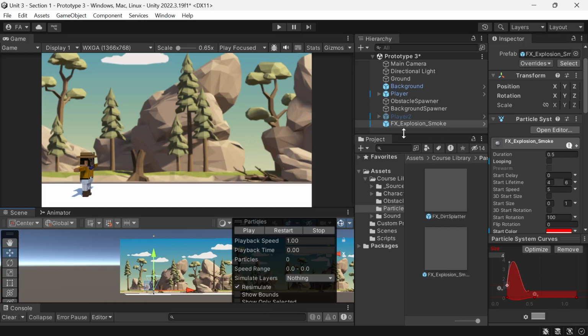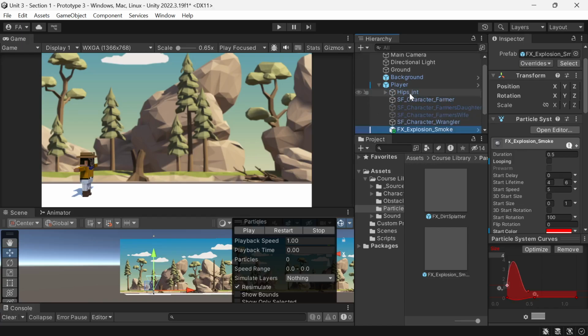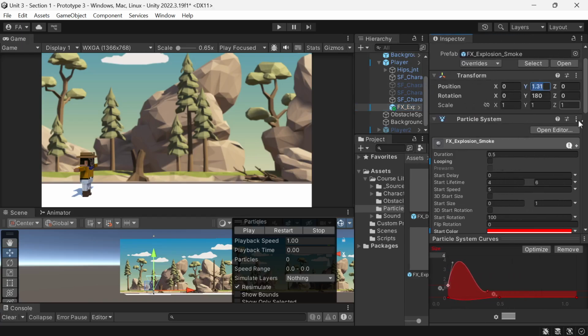I want to put it as a child of our player, so that when our player goes around the map, it also follows our player character. Okay, so I'll make it a child, and then I will zero out our